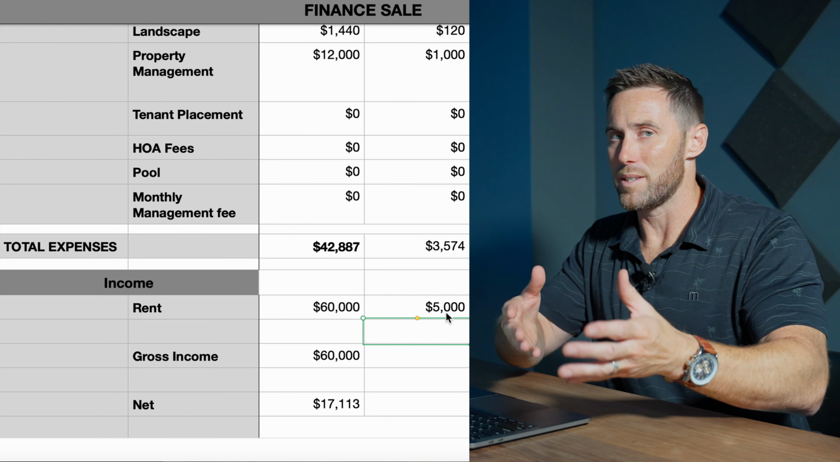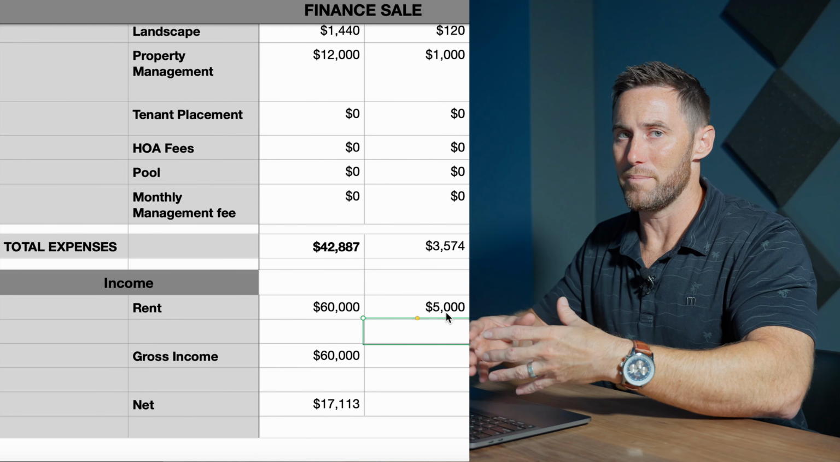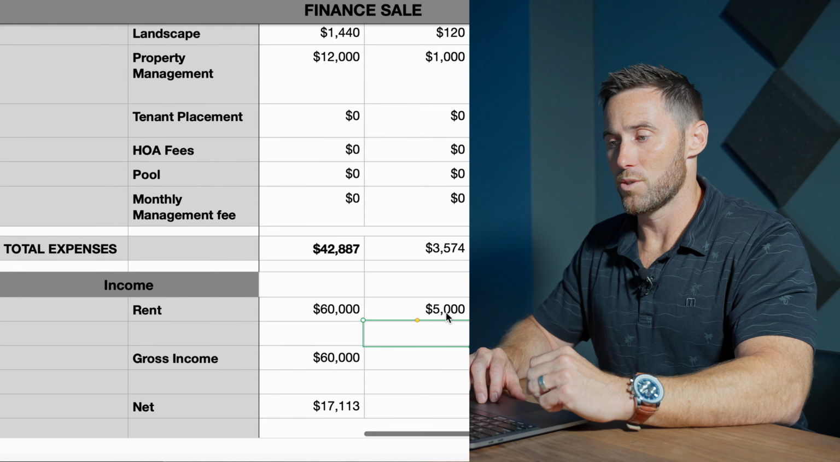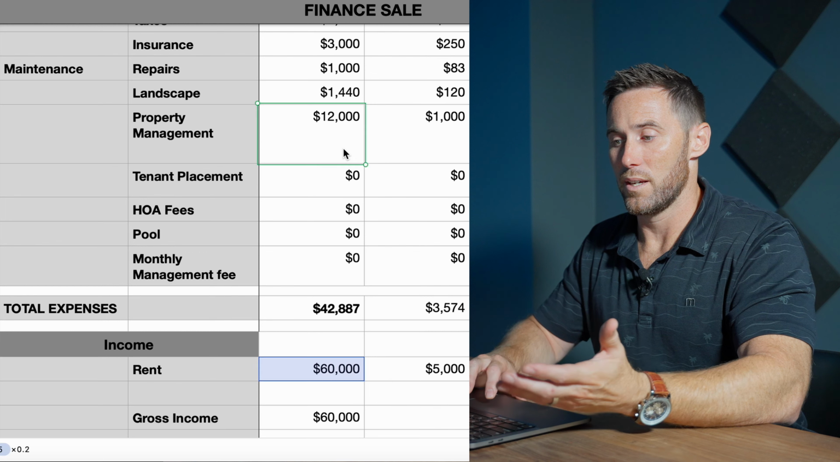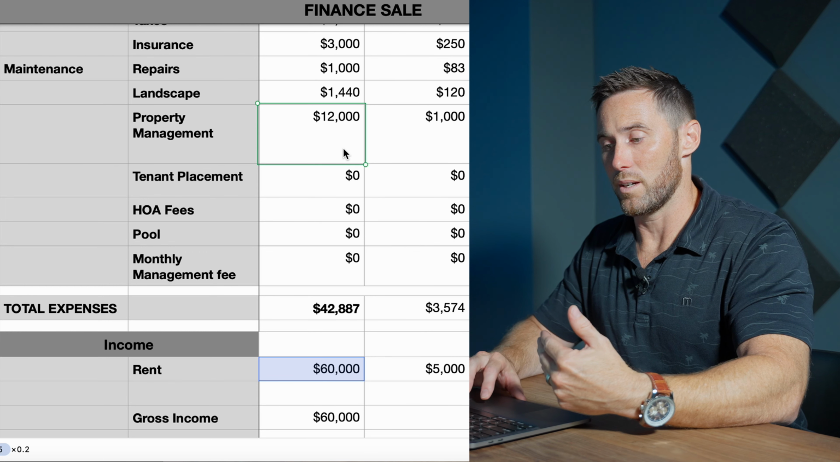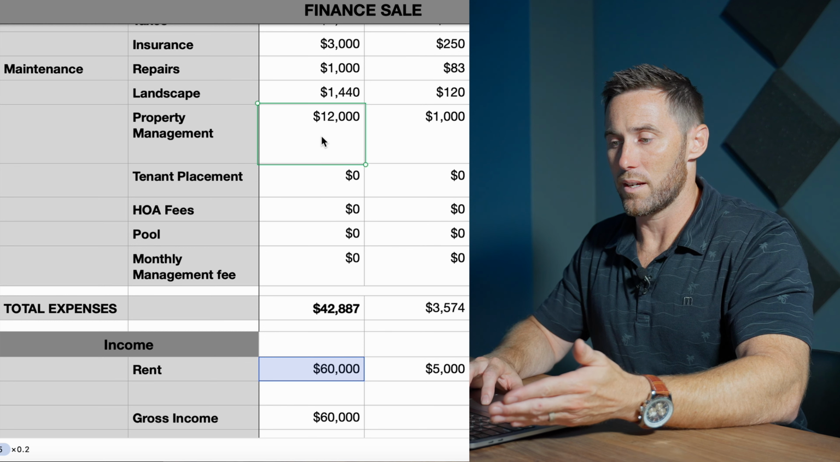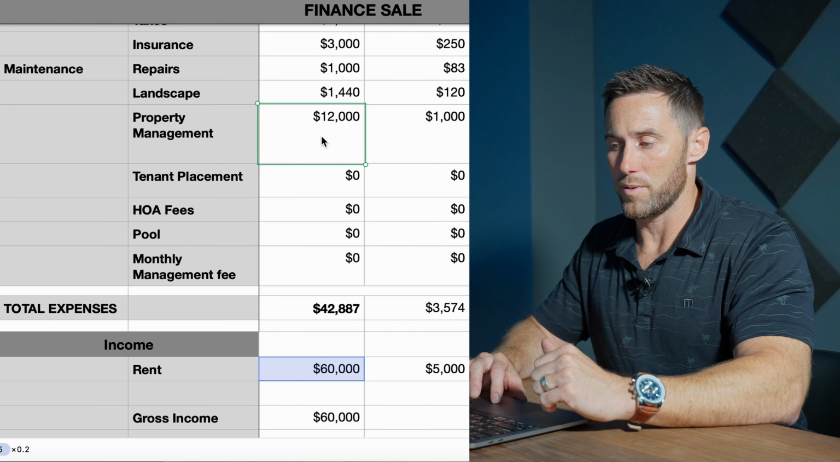Then, since we're busy with work and we don't have time to manage our own property, we typically hire a property manager for short-term rentals. So we're going to factor that as a 20% fee of the rental income. So if rent total for the year is $60,000, that comes out to a $12,000 property management fee, or $1,000